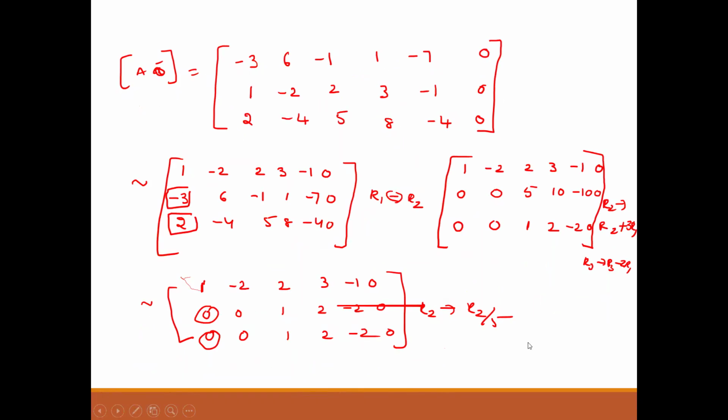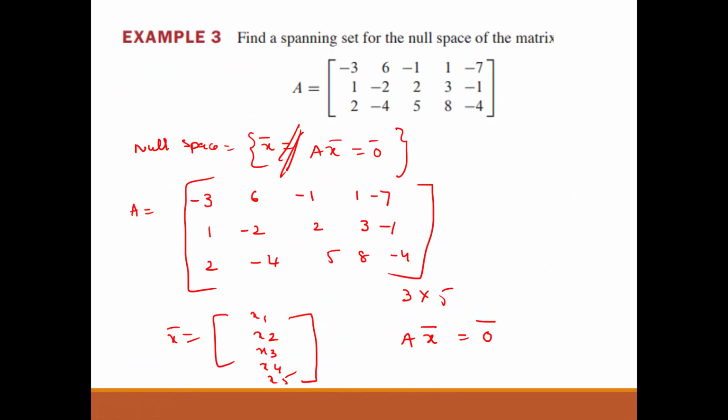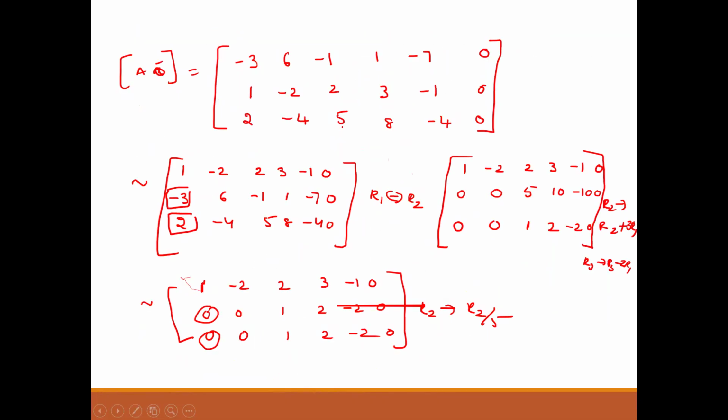So to find the spanning set for the null space, what you have to do? You have to take the augmented matrix A, 0, that is A and 0. You add the column 0 and make it into echelon form. How will you make the echelon form? Here,